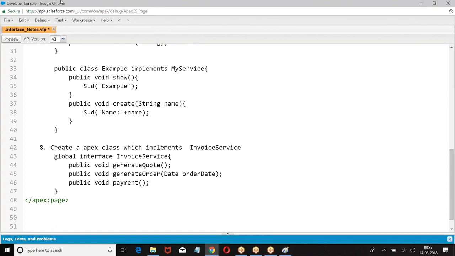Can I ask one question? Yeah, go ahead, Emma. Okay, in this interface, the second method, which is generate order date, when I'm implementing in my class, can I have another parameter to this method? No. Exactly the same one has to be used. Okay, thank you. Whatever signature we have given here, the same signature should be used.